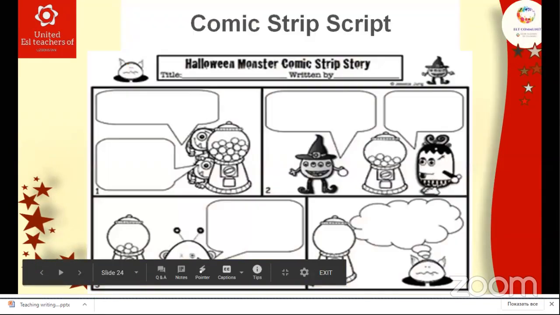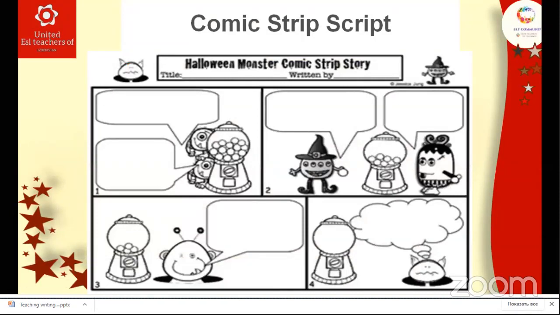The next activity which I want to present to you is a comic strip script. This is also a very interesting activity for young learners, and not only for young learners. You can make something like comics for them.